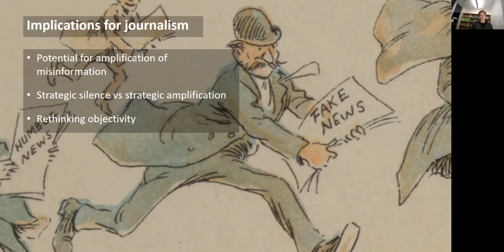So here, there's a kind of debate between whether news media should take a position of strategic silence, ignoring prominent misinformation narratives, conspiracy narratives, and so on online, or whether they should engage in a kind of strategic amplification of true or authoritative information. And here, this might lead us to actually rethinking the concept of objectivity and how that works in the news media. Whether it's something about this false balance idea that I'm sure you know about, giving equal weight to two sides of an argument or two sides of a debate,